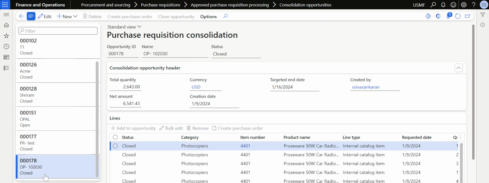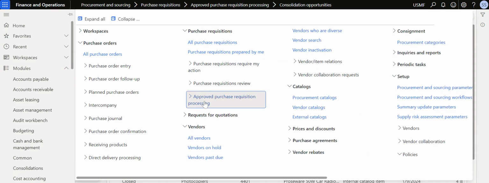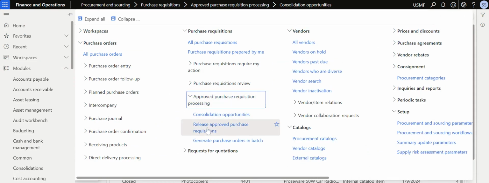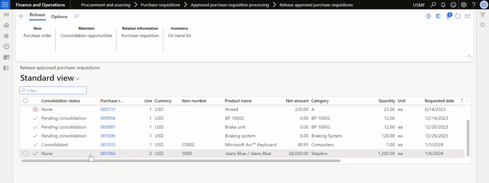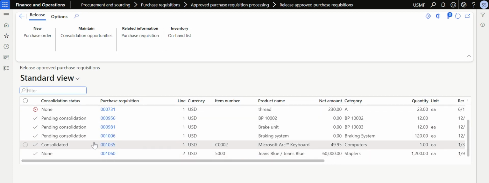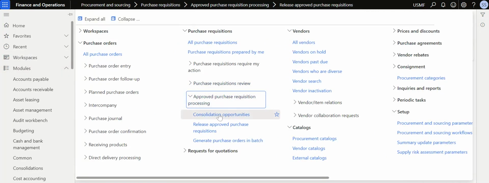So it becomes closed. Also, you might be wondering whether the purchase requisition, once it is approved, will generally be released from approved purchase requisitions. Release approved purchase requisition, right? That is the standard process. But if it is processed through consolidation opportunities, then those approved purchase requisitions will be removed from this form also. So you don't need to worry about whether it will be released again in a purchase order or what the batch job will do. You don't need to worry about all that. Once it is released from consolidation opportunities, those purchase requisition IDs will be removed from release approved purchase